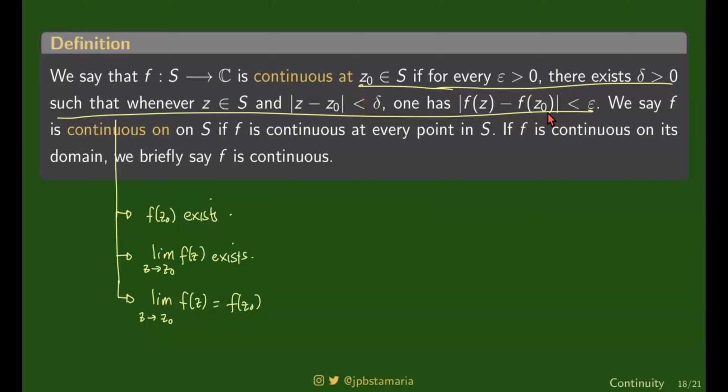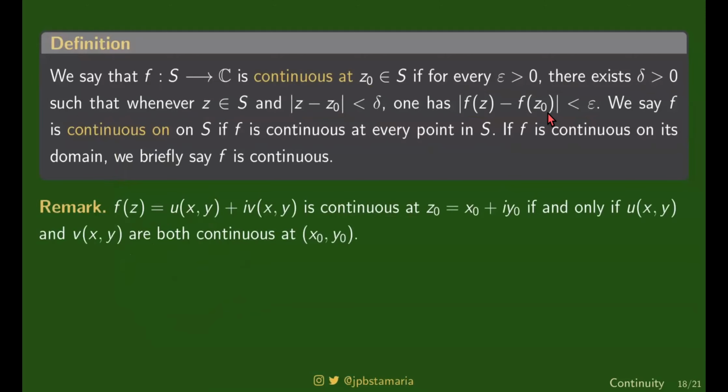Okay? So if f now is continuous at every point in S, no? At every point in S, we will say that f is continuous on S. Double ko yung S, okay? And in particular, kung si f ay continuous on its domain, doon sa buong domain, we will briefly say f is continuous. Pag narinig nyo sinabi ni Sir, f is continuous, without even mentioning where, no? Ang ibig sabihin ko noon, in context, si f ay continuous at every point in its domain. Alright?